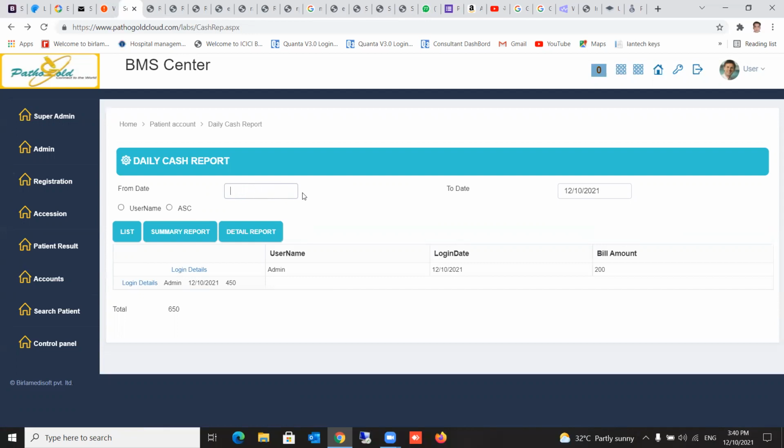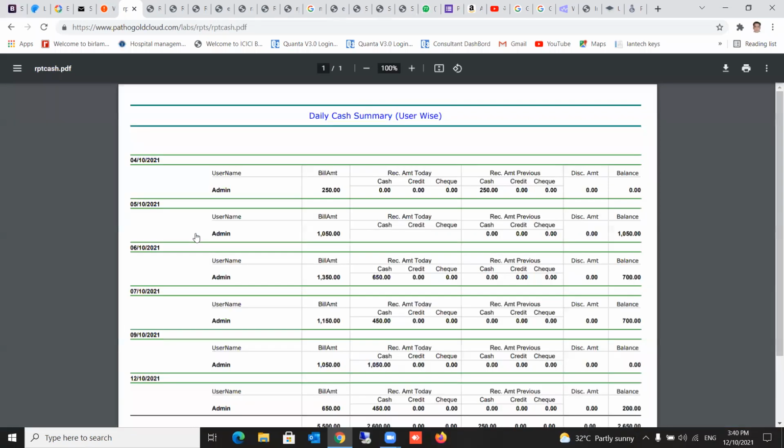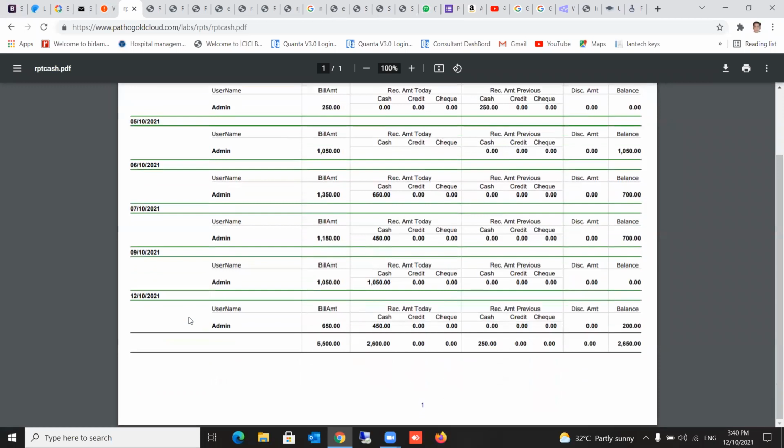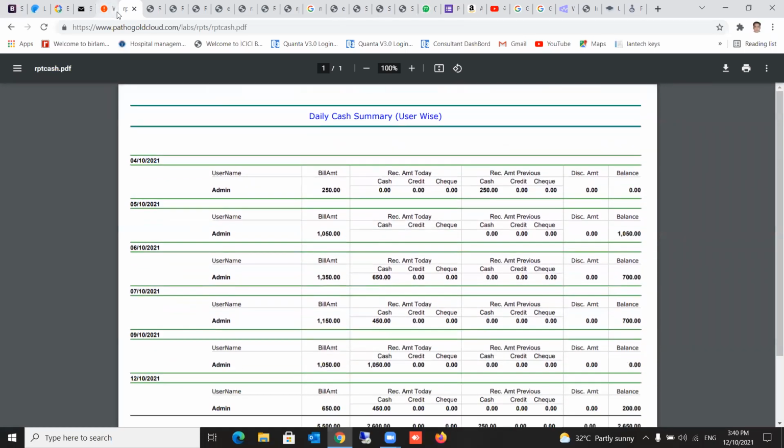You can just type here 01 10 2021 to 20 10 2021. Give me the complete report. So like that, summary report. Here is the full summary report, 4 10, 5 10, 6 10, everything has come up. So this way you will be able to get the report.